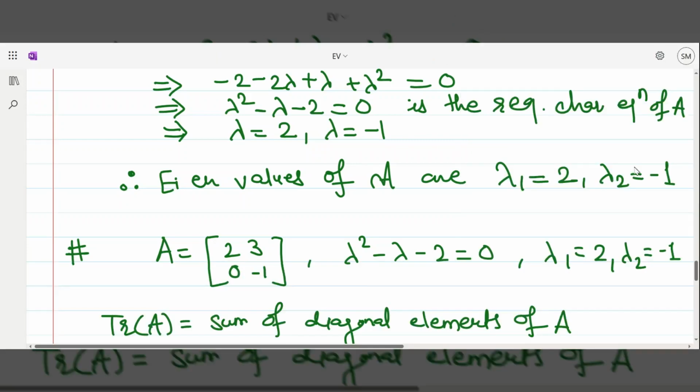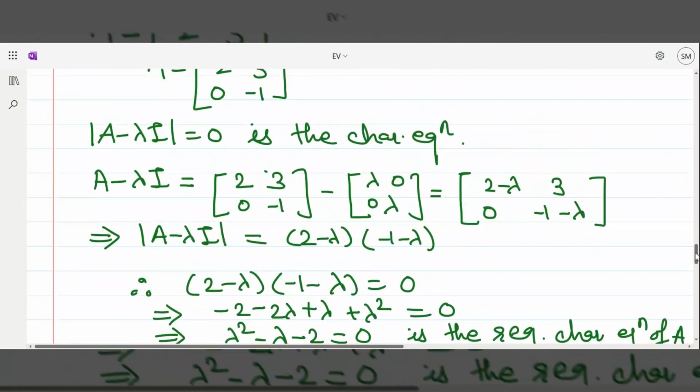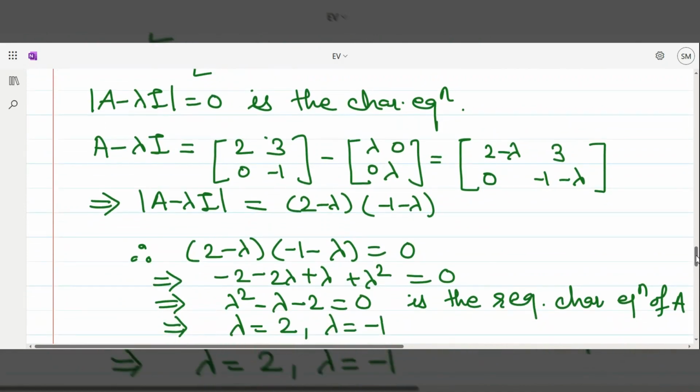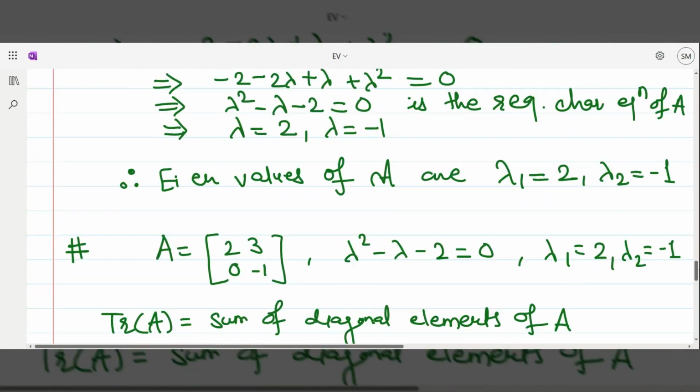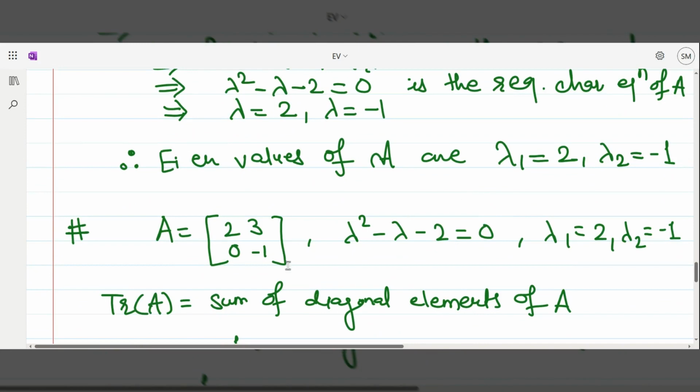In the last lecture, we saw how to find the characteristic equation of a 2 by 2 matrix with the formula determinant of A minus lambda I is equal to 0. Today we'll see an alternative way of finding the same. If you look at the last example, this was A, [2 3; 0 -1]. This was the characteristic equation, and these were the eigenvalues of A